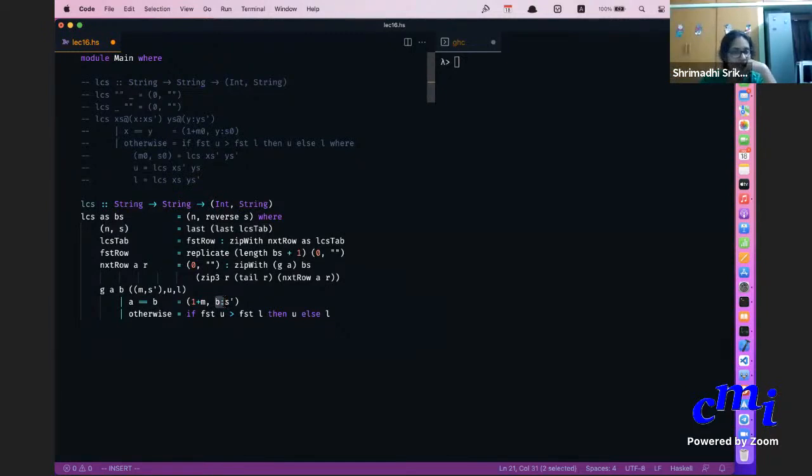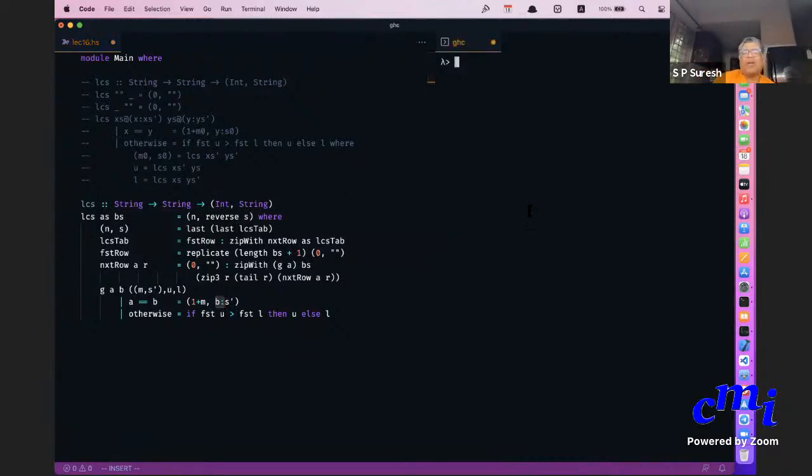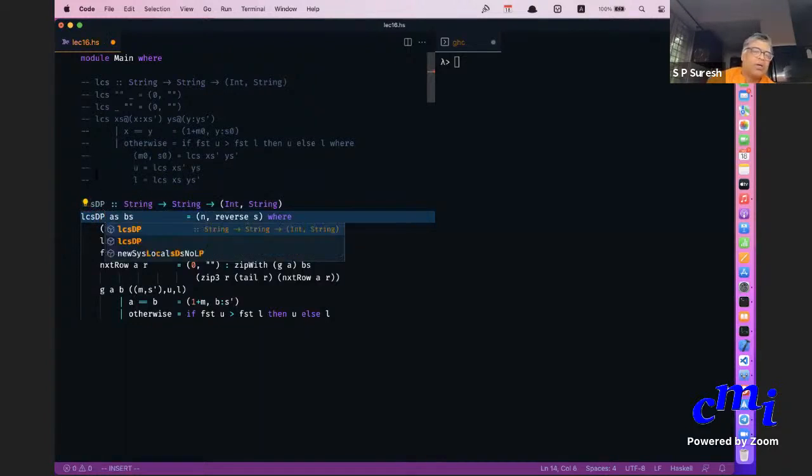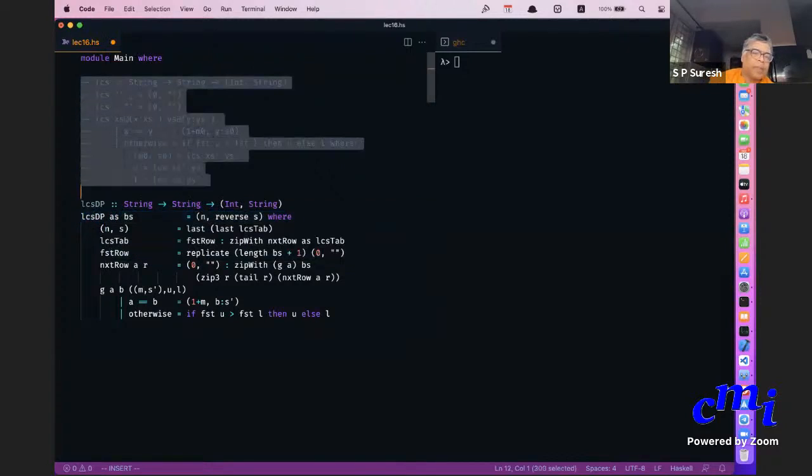Okay, that is some minor thing, but whatever little savings you can do will help. Okay, this is really the point. So now, after having done all this, I can call this LCS fast. This is for the LCS DP version, the dynamic programming version. That's all there is to it, and I can implement this also.